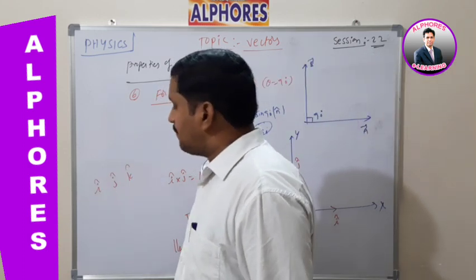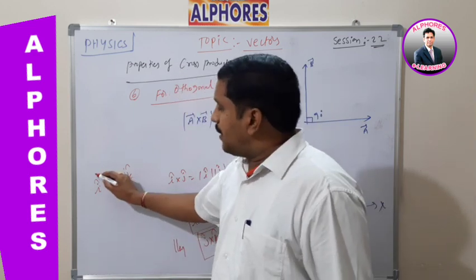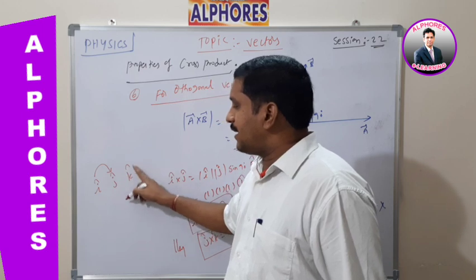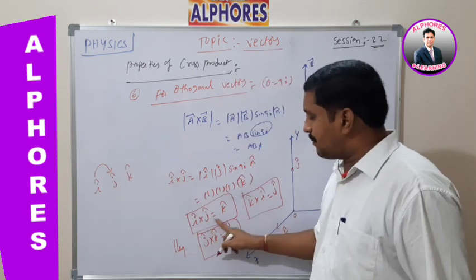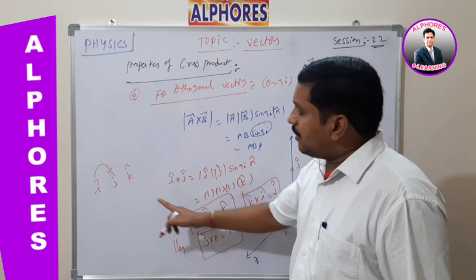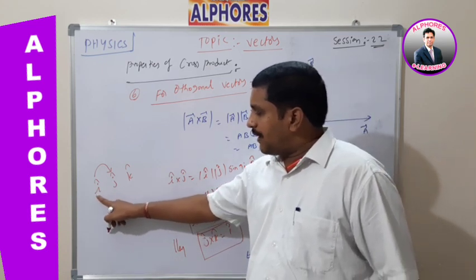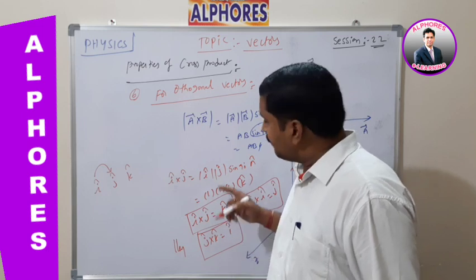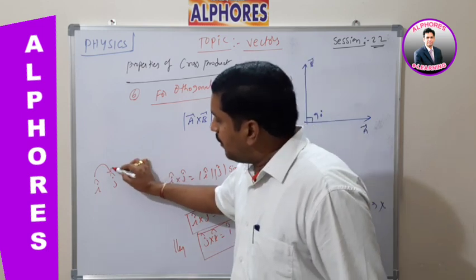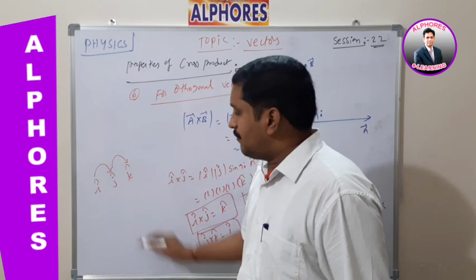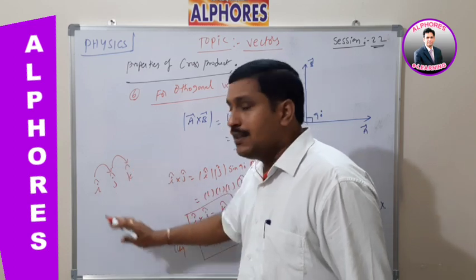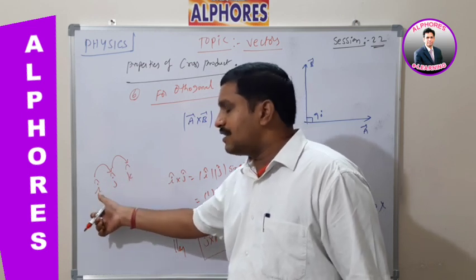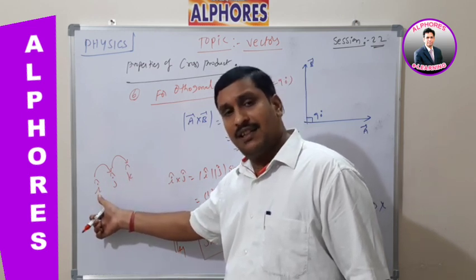So this can be remembered by using a simple condition: here I am taking i cap, j cap, k cap. When going in the clockwise direction from i cap to j cap, means x-axis to y-axis, the remaining vector is k cap. That is, i cap cross j cap is equal to k cap. That means in order to find the cross product of these two vectors from x-axis to y-axis, the resultant vector is the third vector, k cap. Now in a similar way, suppose I am going from y-axis to z-axis in the clockwise sense, the rotation of four fingers from y-axis to z-axis means the resultant thumb is in the direction of the x-axis.